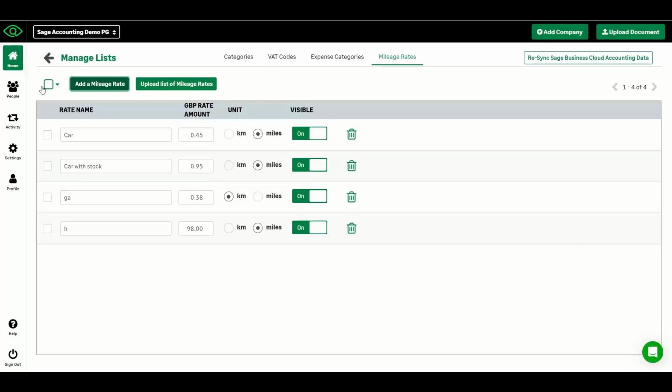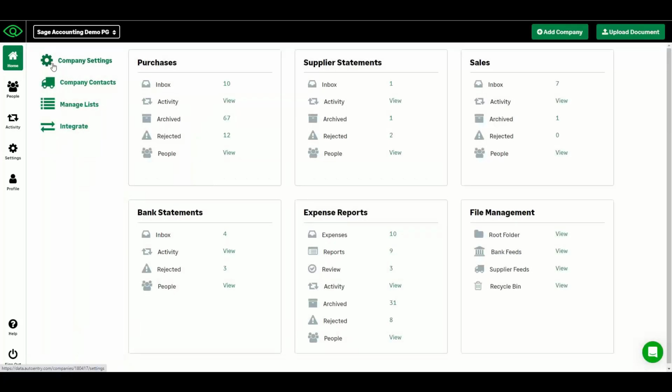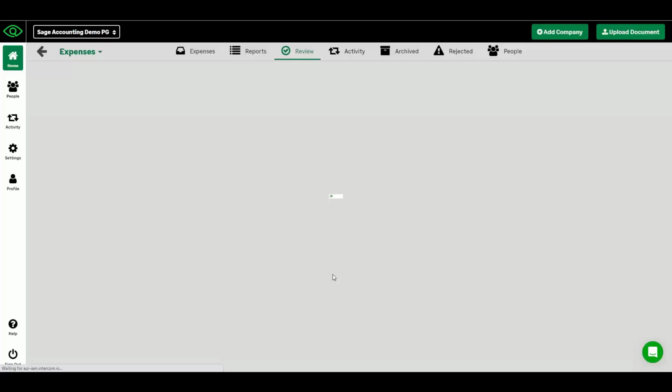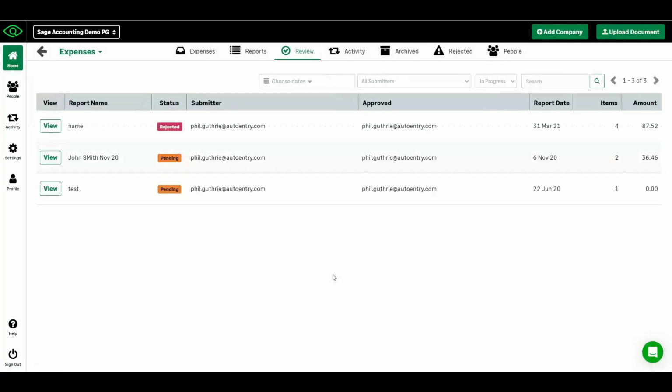Once the expense report has been submitted for approval, whoever is approving the expense claim is logging into the website and they're navigating to the review section of the expense reports folder. From there, they will see any expense reports that have been submitted to them for approval. They'll see the name of the report, the email address of the person submitting them, the email address of the person approving them, the date of the report, number of items on the report, and how much is being claimed back for. To approve that, they're simply going to click to view the report,